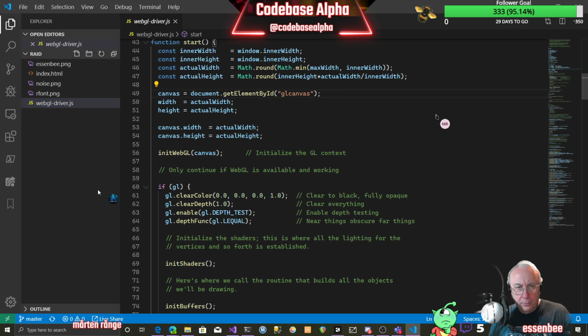It grabs the GL canvas, and that is the canvas that we use to paint. It's a normal web canvas we're using here. Then we're grabbing that thing, and then we do init webgl. So if you go to that function,